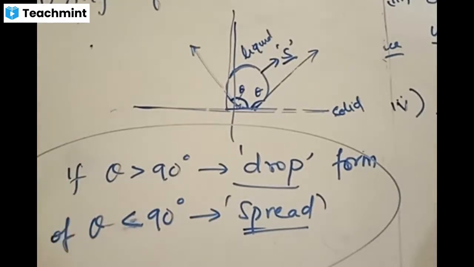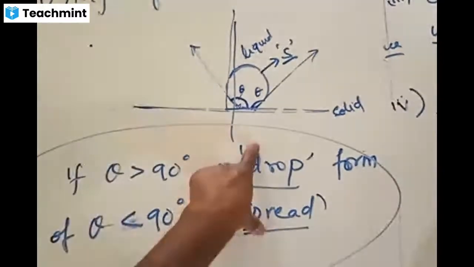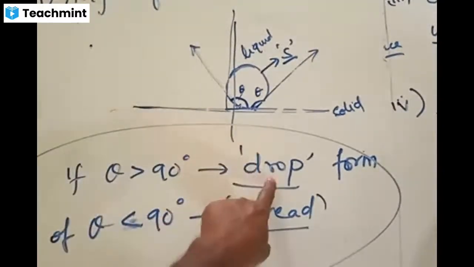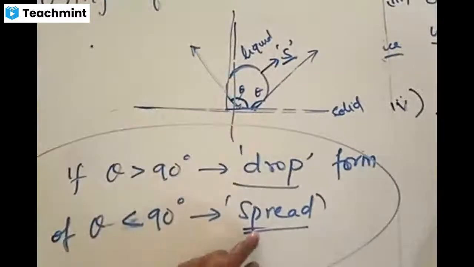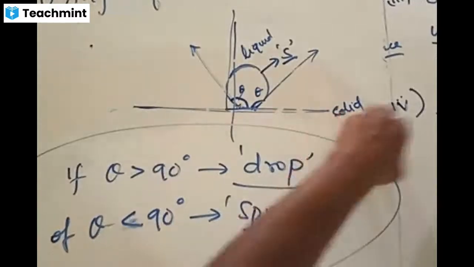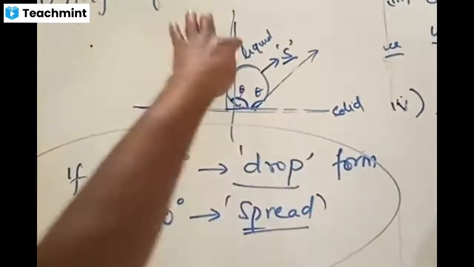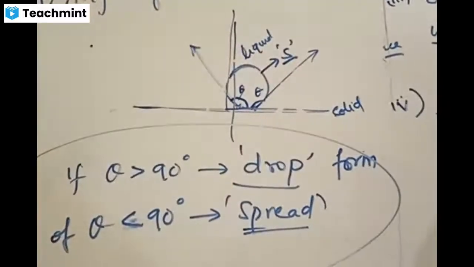Two angles, two angles of contact. Where is the angle of contact here? Angle of contact helps us in determining whether the liquid is going to form a drop or a spread. Where is it going to form a drop and where is it going to form a spread? On the solid surface. Where you have a solid body, that point of interaction of these two things is called a liquid-solid interface.